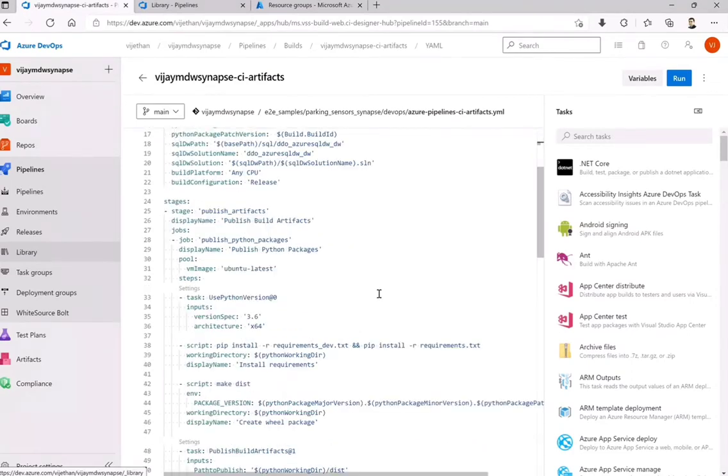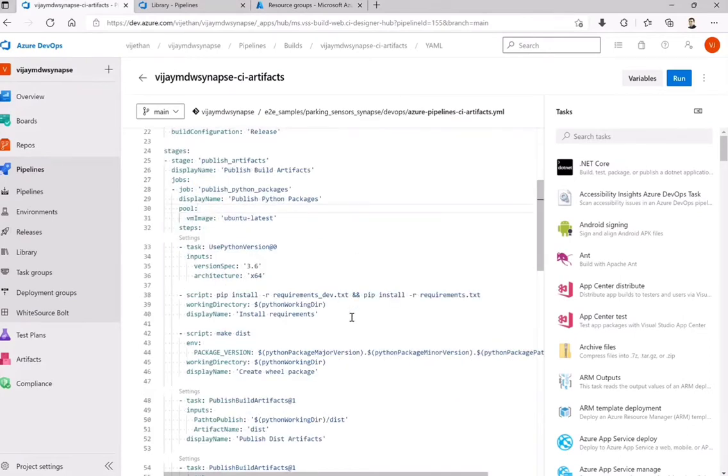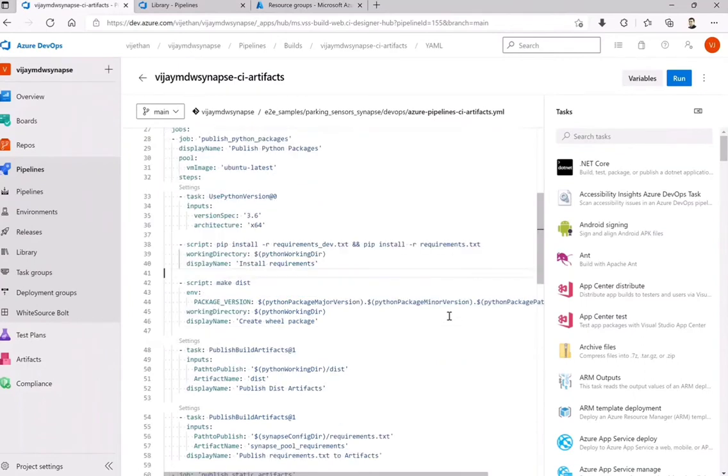So if I have to talk about this CI artifacts, what exactly are we building here? First of all, we are bringing the Python package itself. The wheel package is there, but how do we package it and provide it to others? We call that an artifact. That is what we are doing here. And for this, obviously, I will require the pip install and whatever requirements it needs before it can run, which is what I'm doing with this particular script or command line.